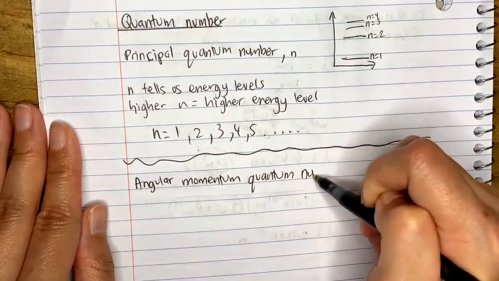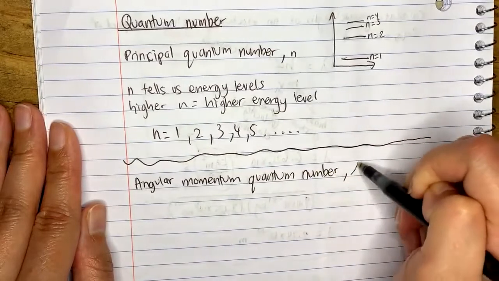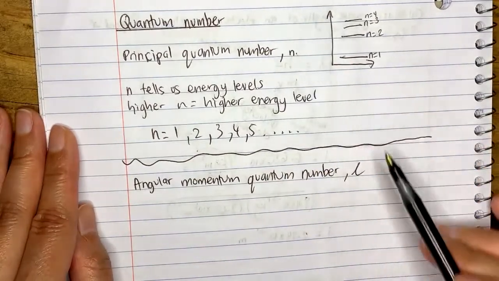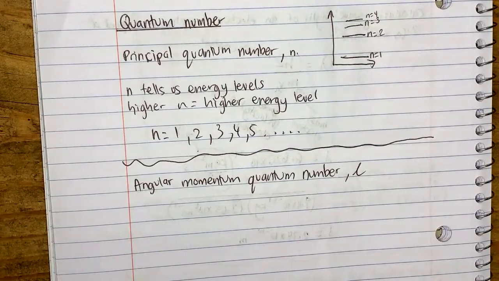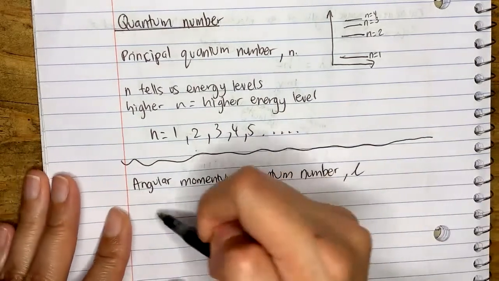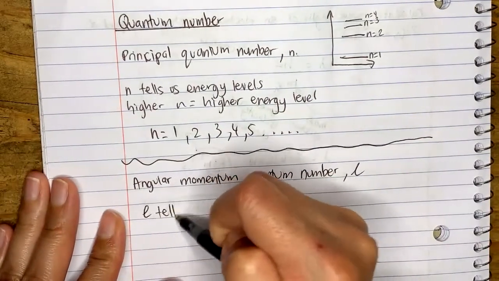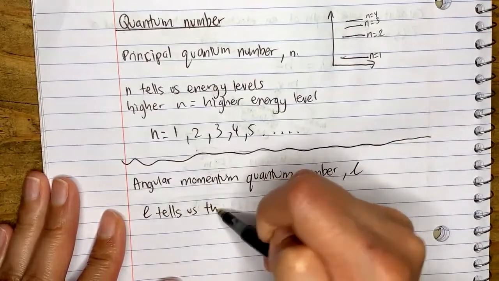Quantum number. We call this L. So N is the first one, and then L is the second one, okay? Now L is related to N. It's stuck under the restrictions of what N is. So L tells us the shape